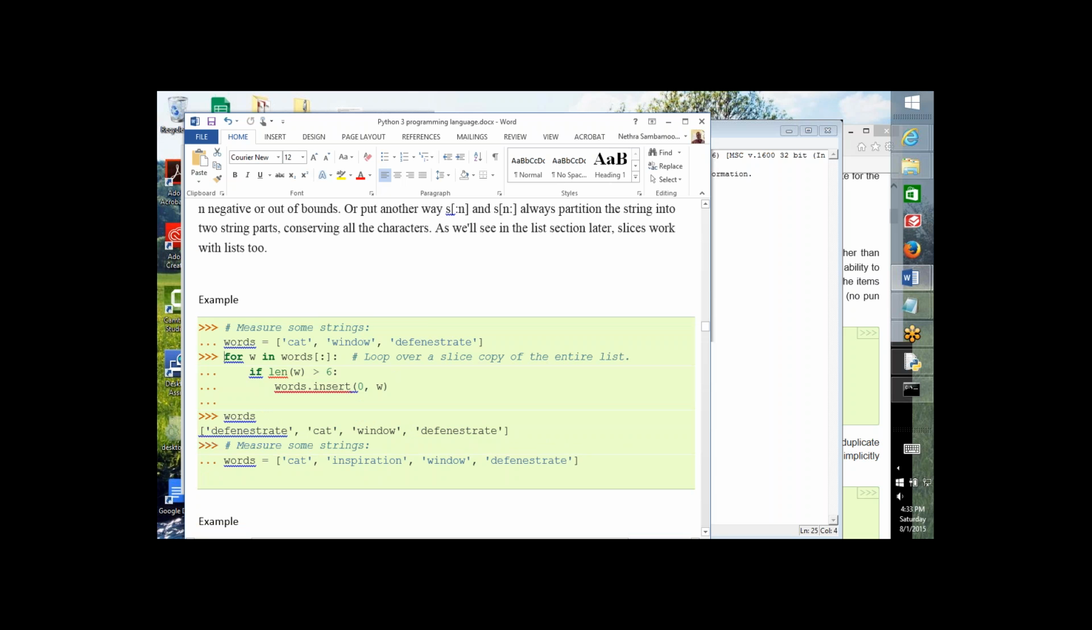What does this mean, for W in words? All members of the words list, you are going to execute some collection of statements. That's what this colon means. This colon means select all the members of the list words, but this colon means you are going to run a block of script. What you are doing is for W in words, you calculate the length, and then when the length is greater than 6,